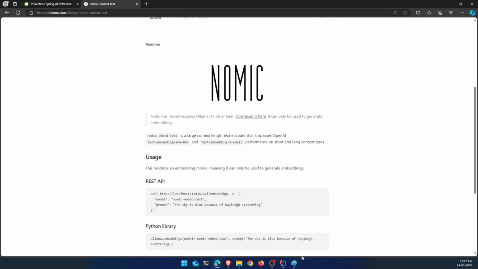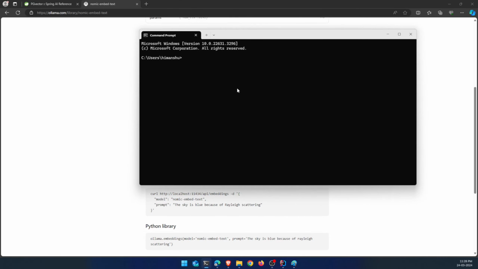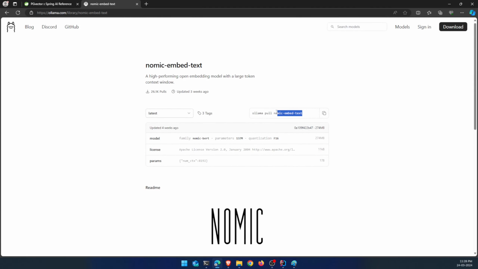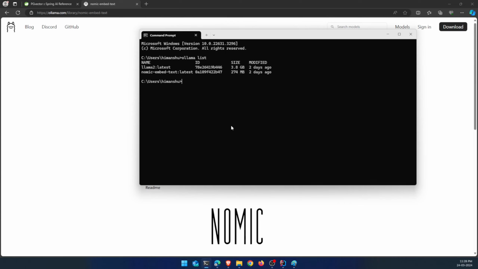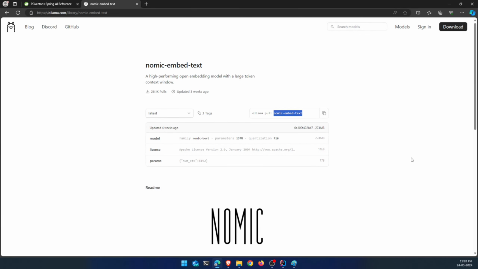It will not run. I can show you, let's say over here, list, right? If you try to run this one, let's say I copy this and say ollama run nomic, you will not be able to. It will say embedding models do not support chat. So run is more for chat sessions, right? So you just pull it, that's it. You will get the two models finally, and then you can close your terminal and head to the